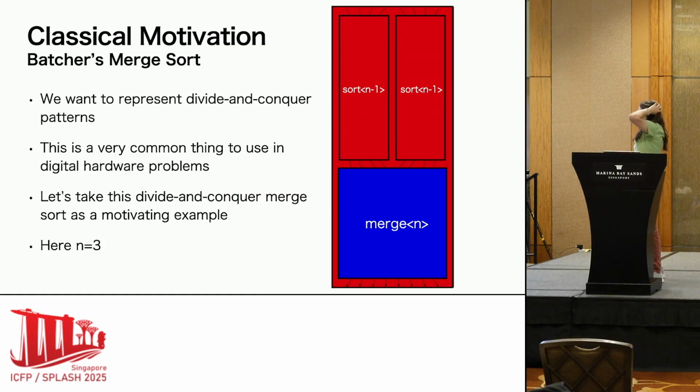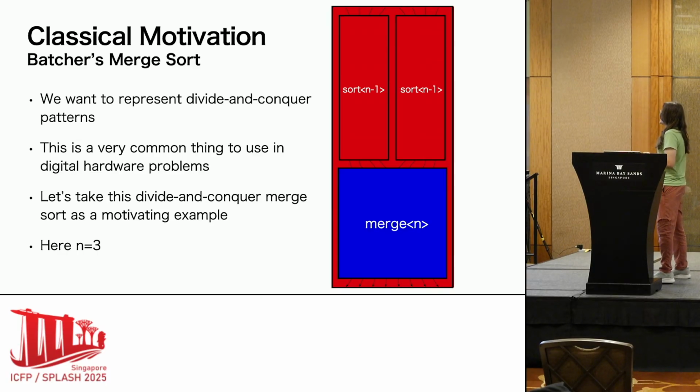You'll recognize this from Satnam's keynote yesterday. This is Batcher's merge sort. We're not specifically geared to quantum. Anything that has a divide and conquer structure, this will be useful for. In particular, quantum programs and classical circuits or digital logic are inherently parallel, and that's the kind of angle we're going for with this solver.